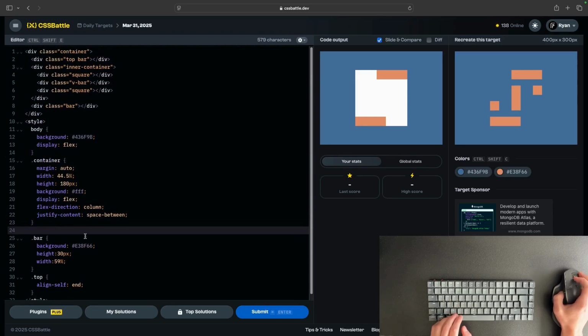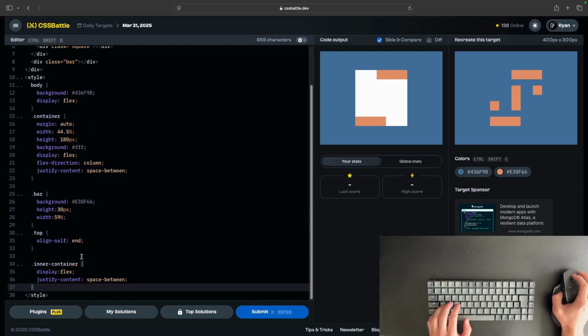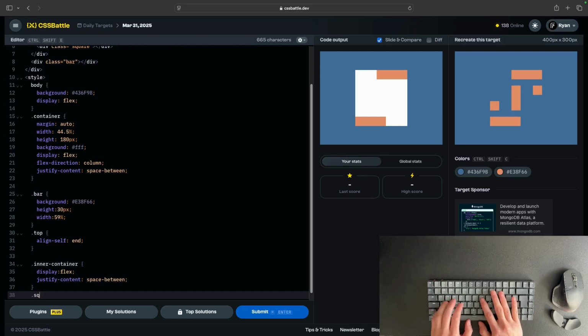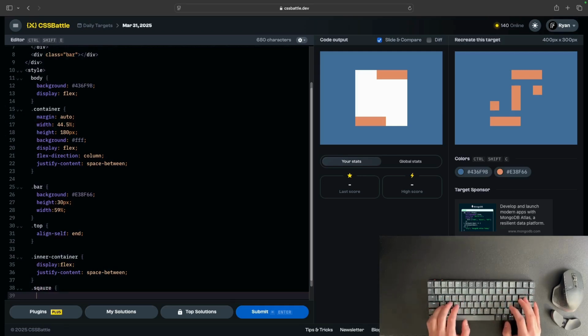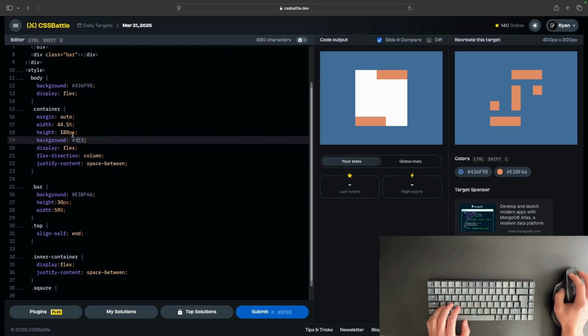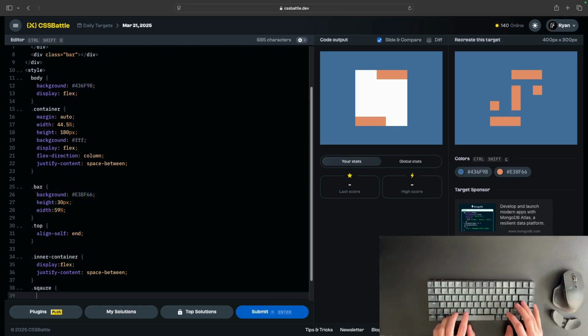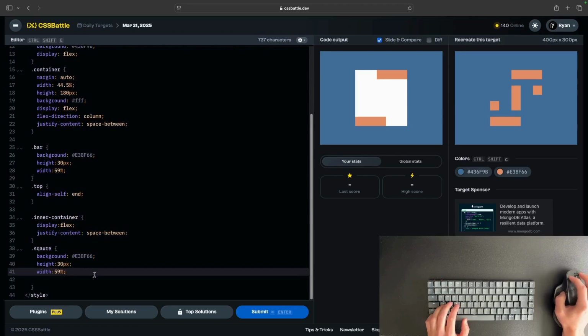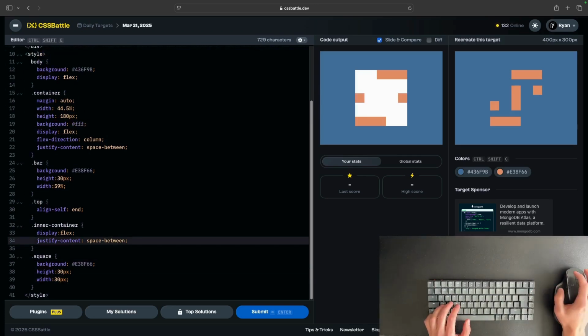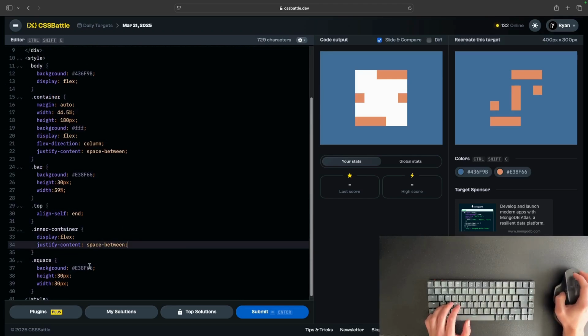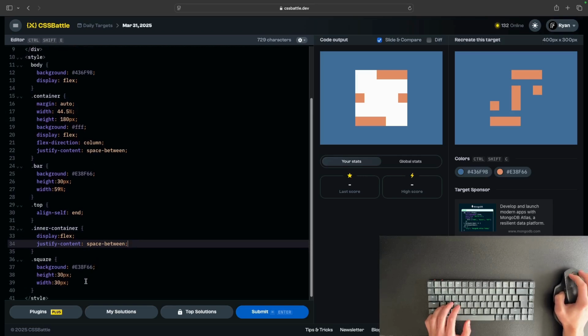Let's move this beneath. Then we can do square. This can be, again, let's take some of the styling from here. I think a height and a width of 30 pixels. Okay, we're back. I spelled square wrong. That was a silly mistake to make. They look roughly the right size. They just need to be